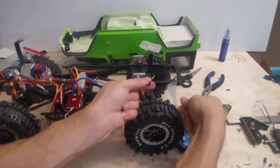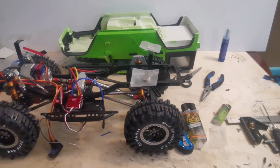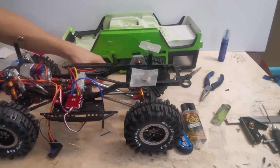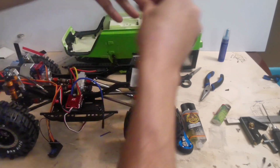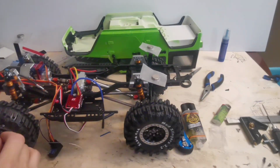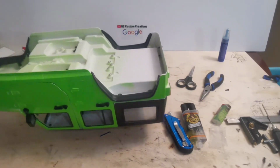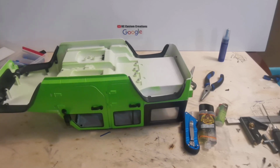Oops. This just prevents the excess glue from gluing the two magnets to each other. So coming back to ourselves, we're gonna take the body, put it there, move it over so you guys can see,